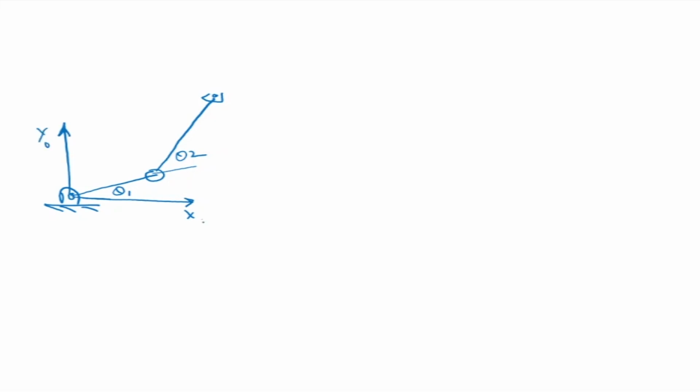Okay, so y naught, x naught. That is the point xy. This is L1, this is L2. Now, what we are seeing is that x and y are functions of theta 1 and theta 2 in this case. That means there is some relation between xy and theta 1, theta 2. So we want to find what this relation is, in terms of velocity and in terms of position.